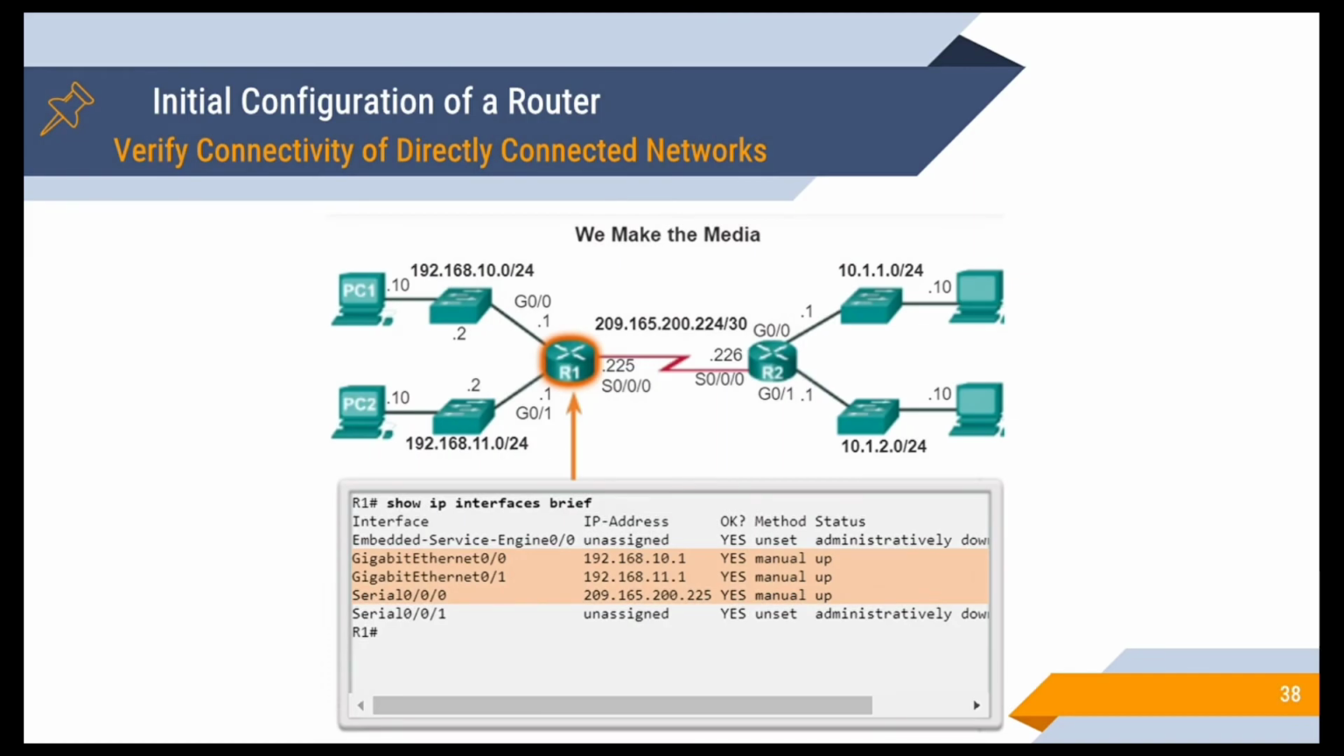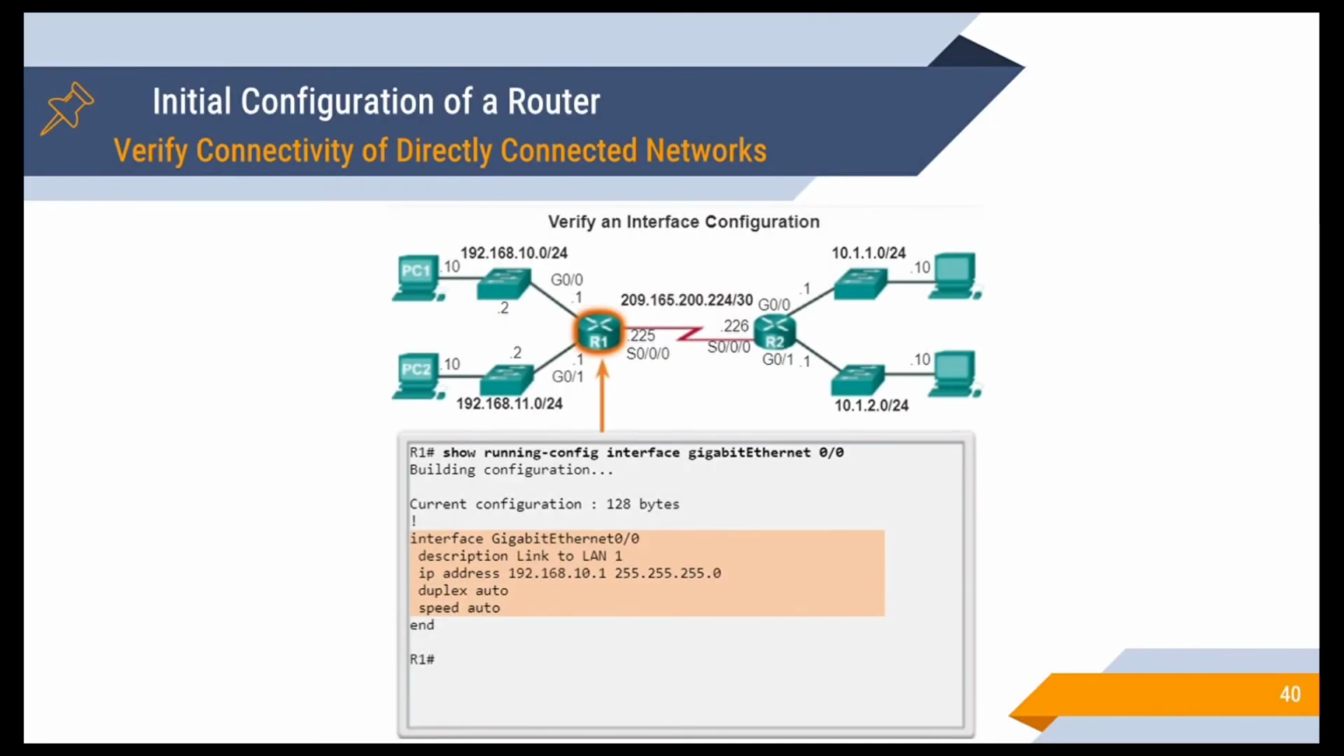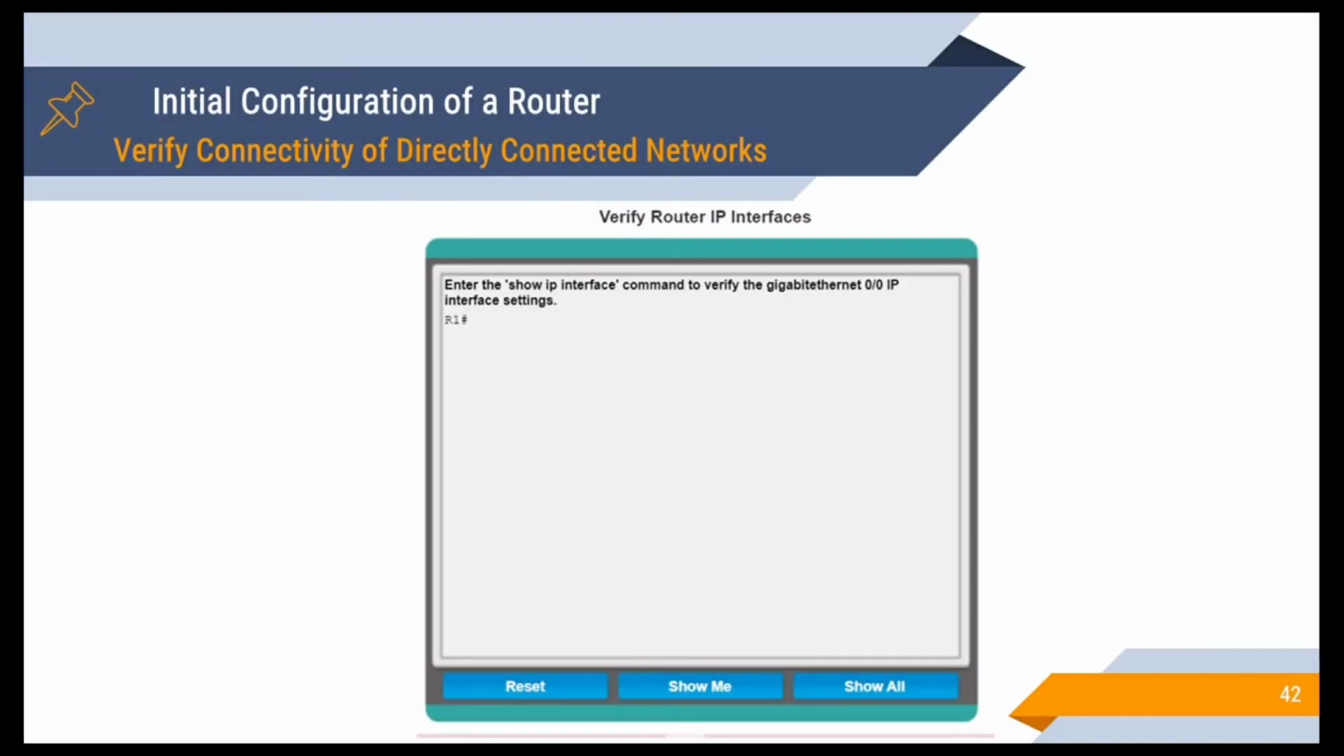In this figure, the output of the show ip interface brief command is displayed. And then, in this figure, the output of the show ip route command. And in another figure, the output of the show running-config interface command. In this figure, we verify the interface on router R1. And next,